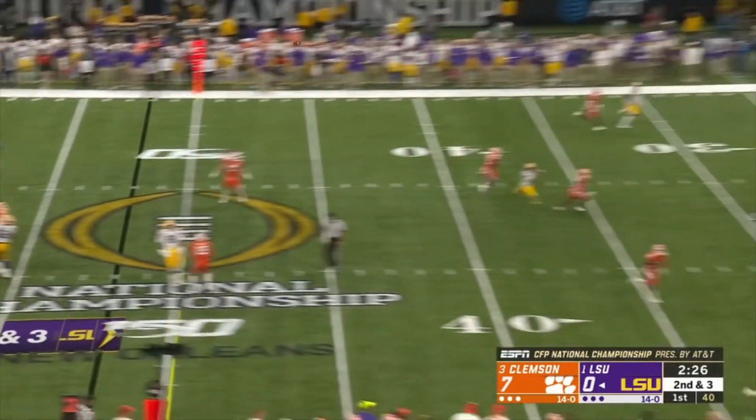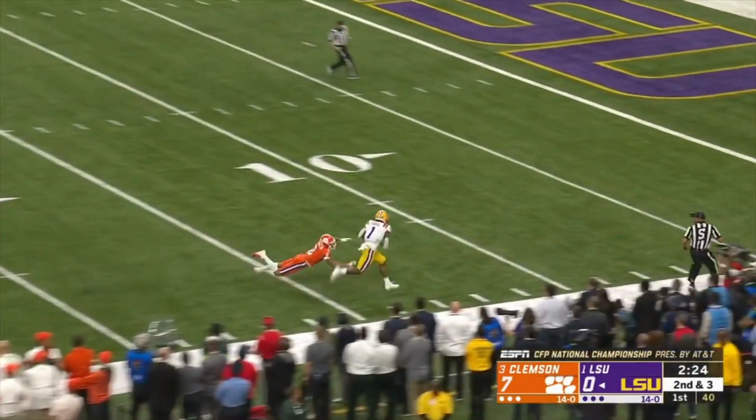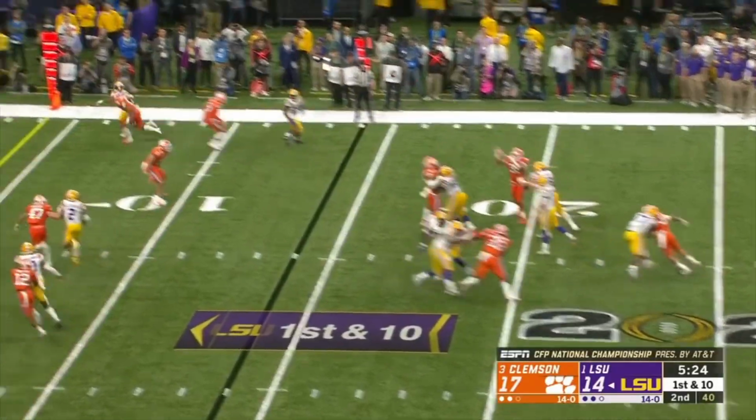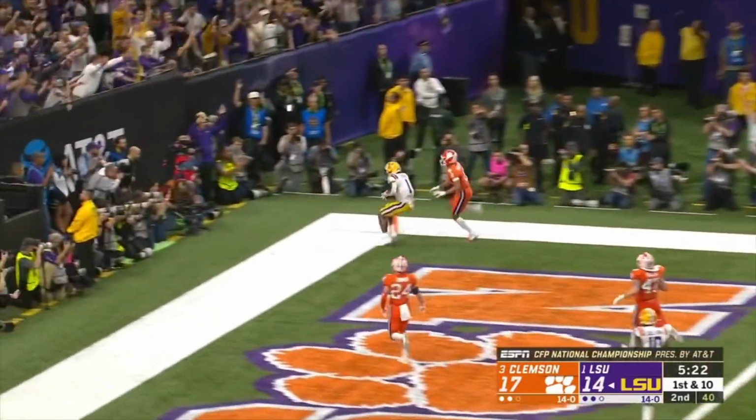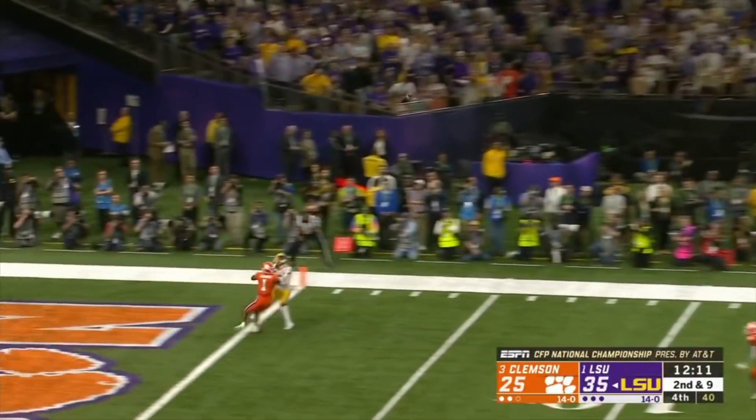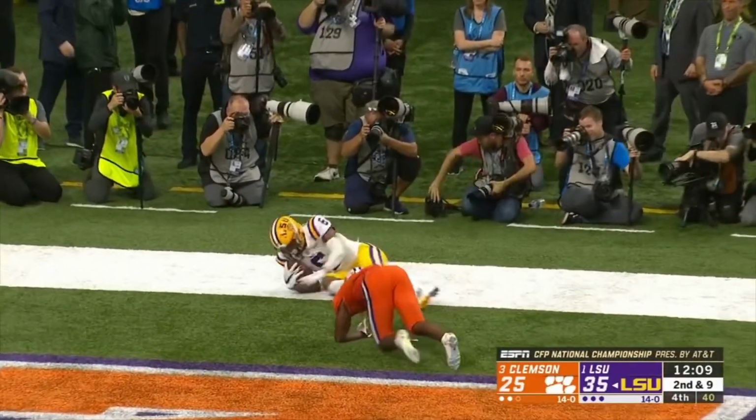Effective. Now Burrow going to launch downfield for Chase. Who's got it? Touchdown LSU. Burrow from the pocket launches to the end zone. Caught. Touchdown Chase. Burrow's got time. Launching for the end zone. Jump ball. Touchdown Terrence